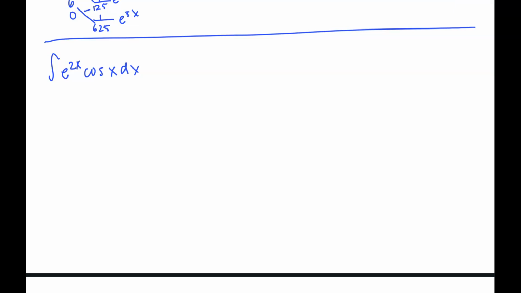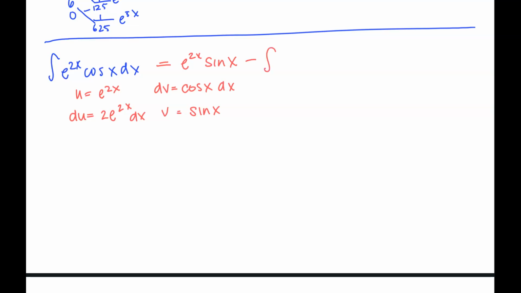It does not matter, you just need to stay consistent. As I said in the previous video, I love whole numbers, so my preference would be to make my u the e to the 2x because now I don't have a fraction. And then our dv is the cosine of x, and my v is sine of x. All right, so we now have that this is equal to e to the 2x sine of x minus,